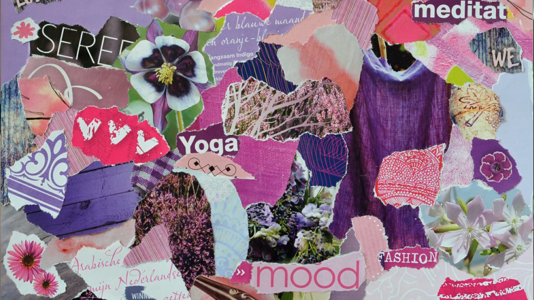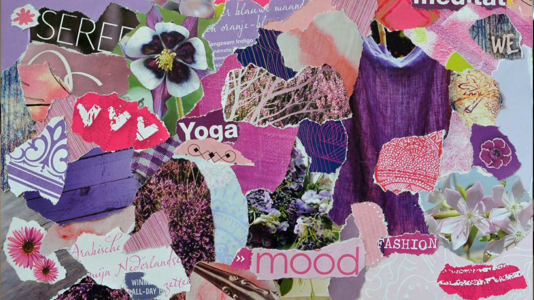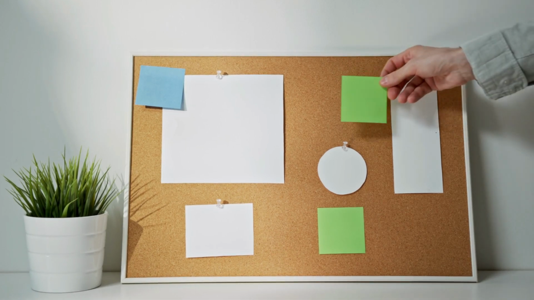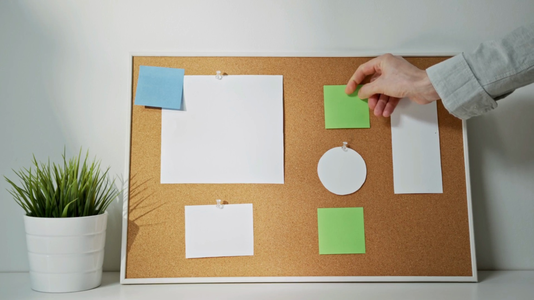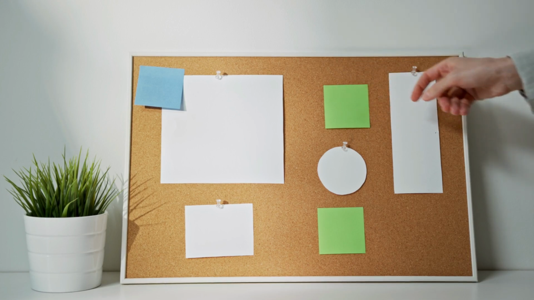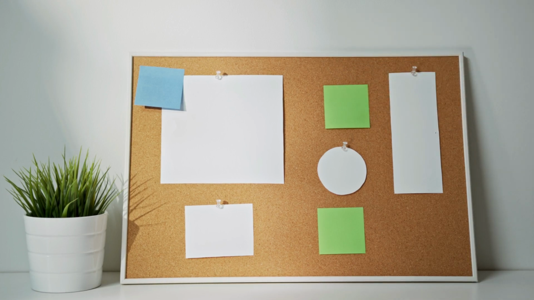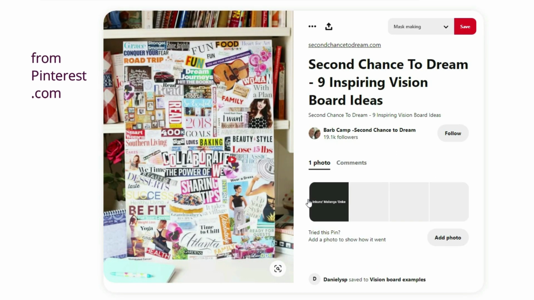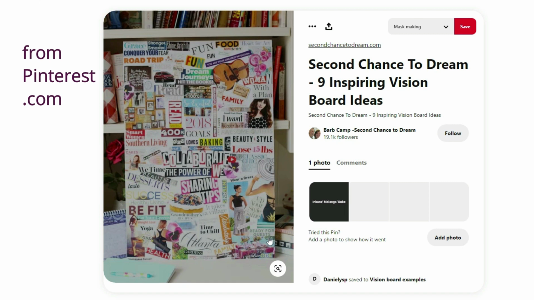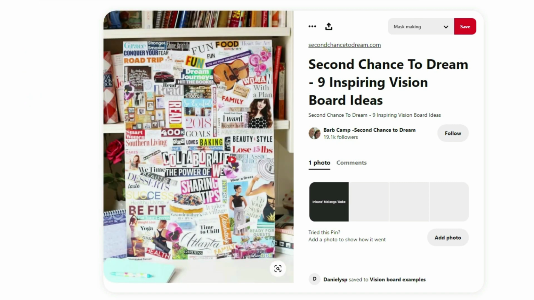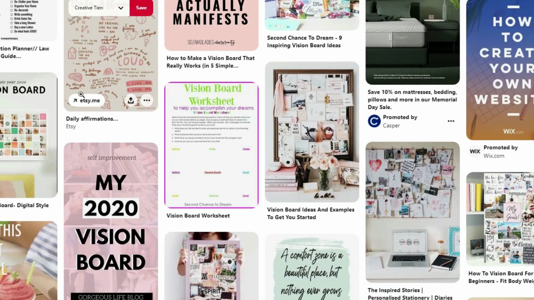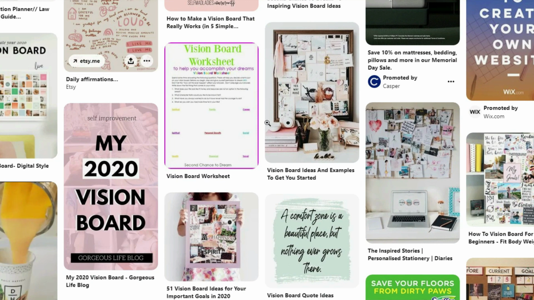So a vision board is a good tool for you to put down some words and images so you have some reference to remind yourself what you really want and what is important for you. There are many ways of creating a vision board, and the exact format is not that important because this is a very personal thing and you have to do what feels right to you and what motivates you.